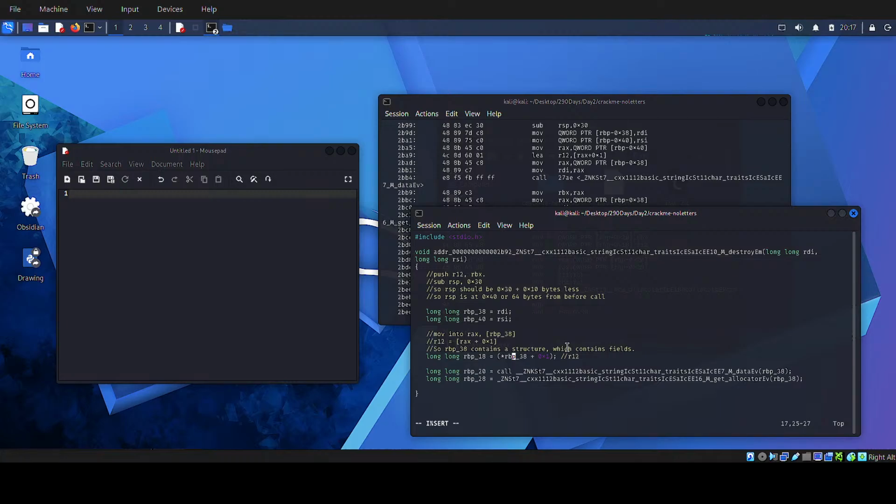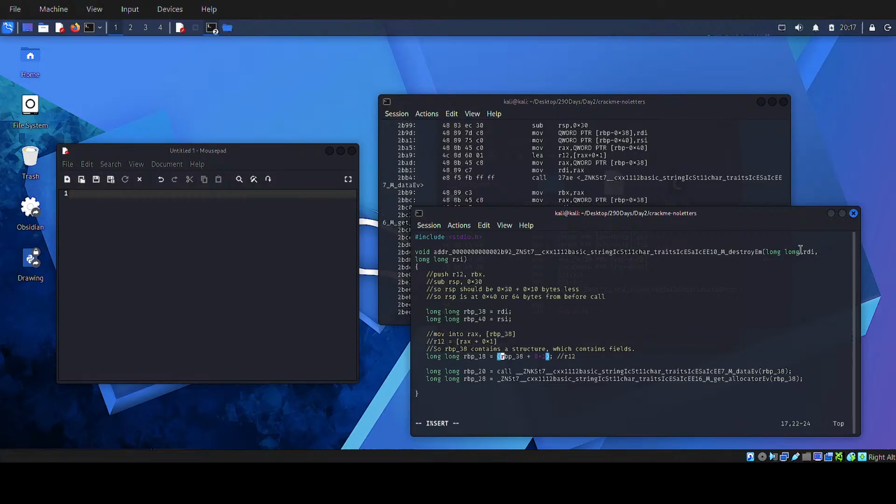Well, actually, we don't need to dereference it because moving is just saying this is the dereference thing. So yeah, it didn't dereference anything. It's just moving whatever is in here. So we're just using this as a container, and it loads that into here, so that we can actually see that this is a pointer, and it loads this field, and it passes this in. This seems to be an important structure. This seems to be the string